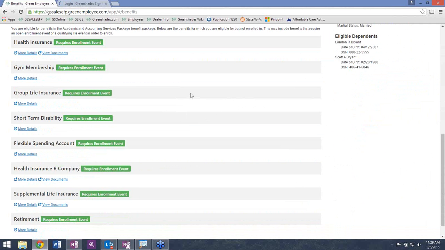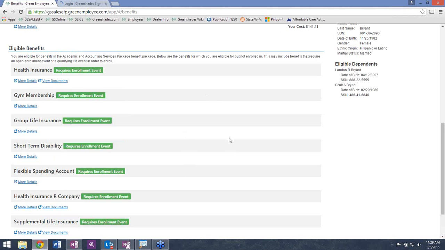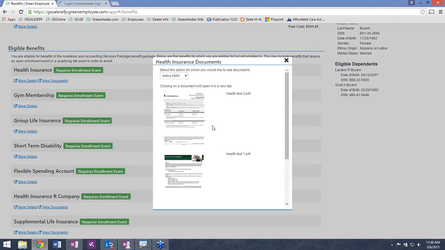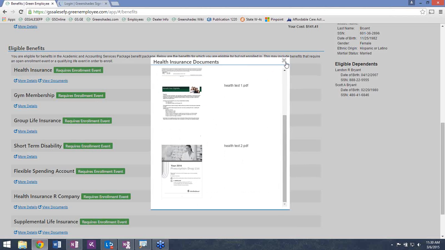This is where our system gets really flexible because we use that rules-based system to determine eligibility in a plan. So at the end of the day, every single employee could have a plan that is different from somebody else's. And when I say plan, I'm referring to a benefit package, a group of benefits. So this is going to be specific to each employee looking. Again, we can pull up the More Details tab for any of the options that they're enrolled in and also view any documents that are associated with a plan.